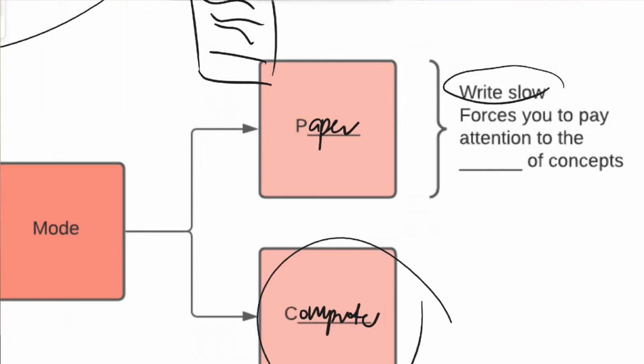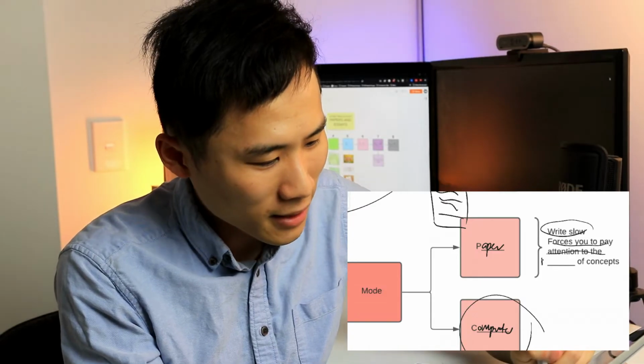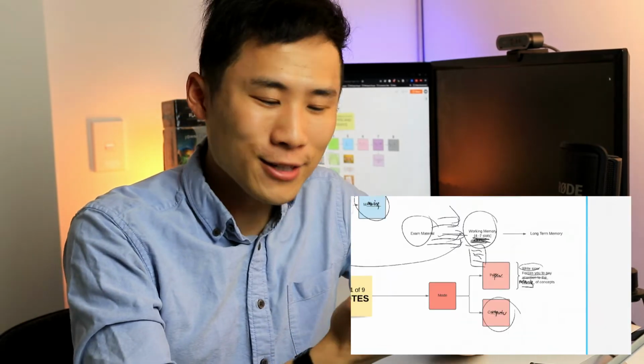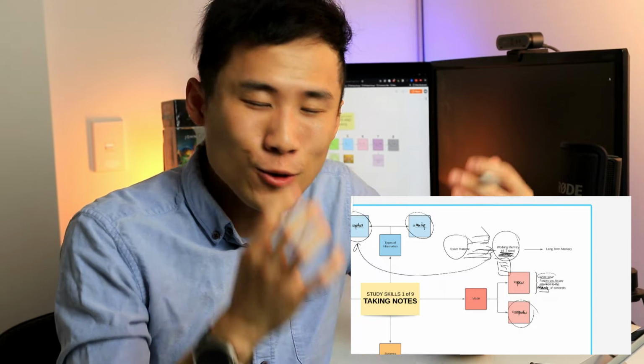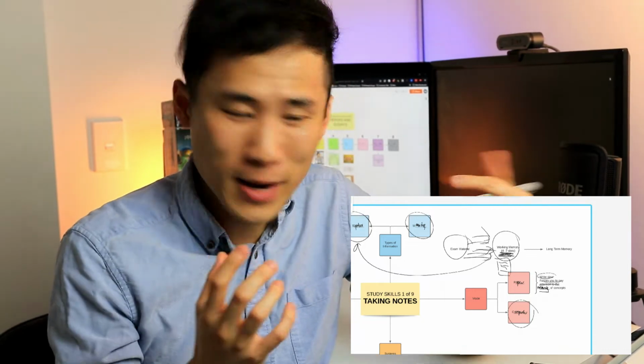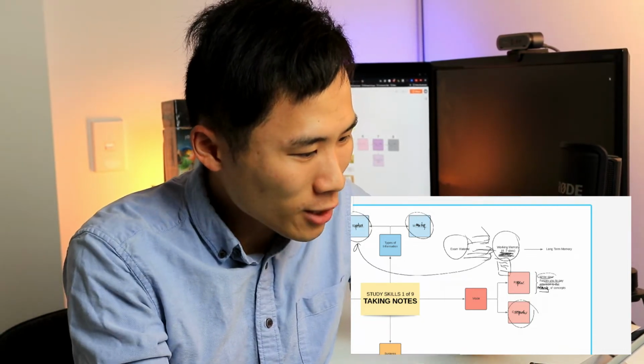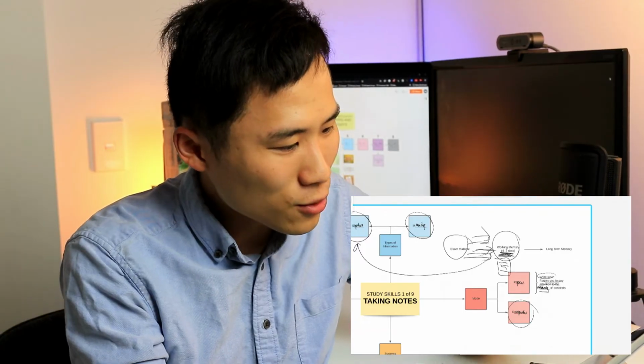It forces you to pay attention to the actual meaning of the concepts. Because when you write, you are definitely not going to be able to write as fast as someone's talking. So you're forced to actually try and synthesize information. So in this limited amount of working memory that you have right here, you're actually going to use this 4